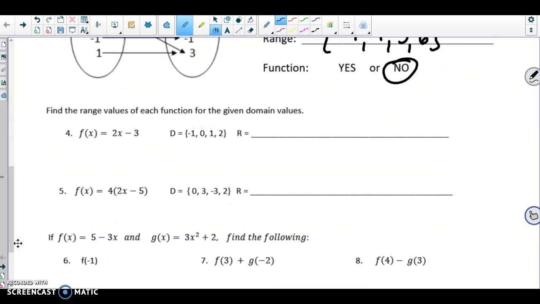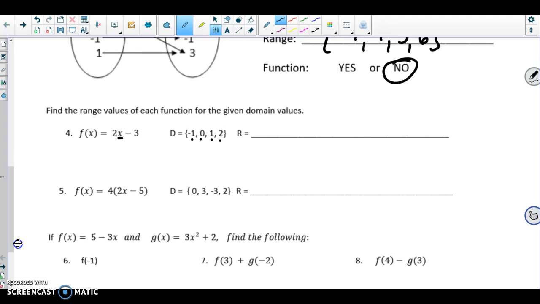Find the range values of each function for the given domains. Well, this one we could be using our calculator for, but if you've forgotten how to use it, remember it's just a plugging in type situation. So if I were to plug in these values for my x over here and solve it, I end up getting